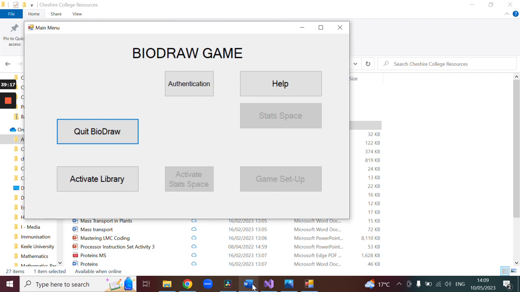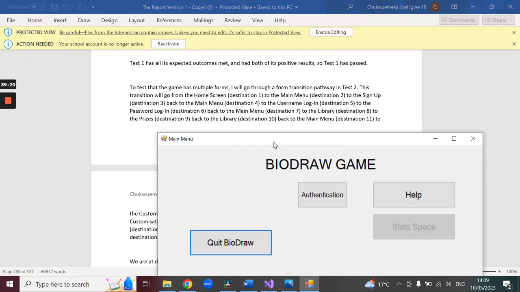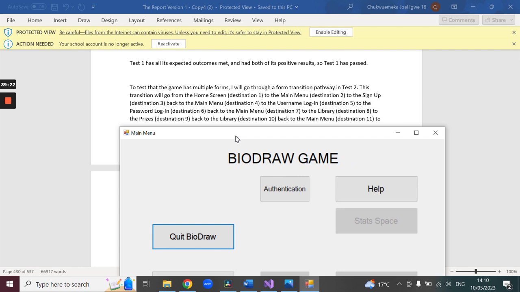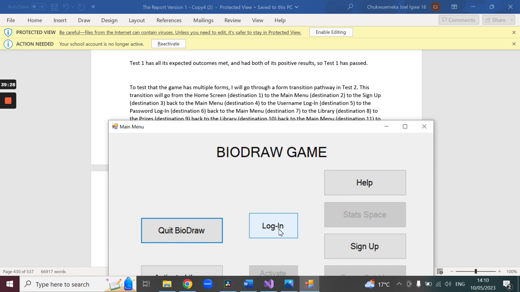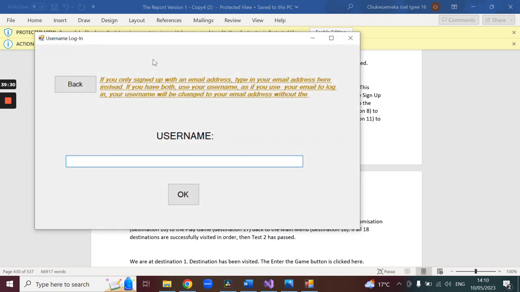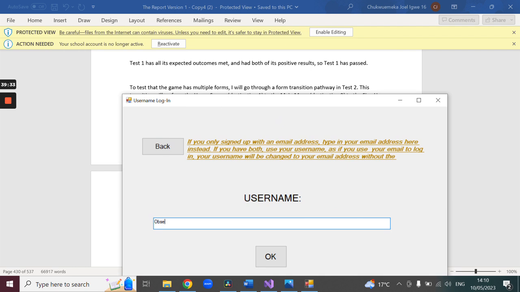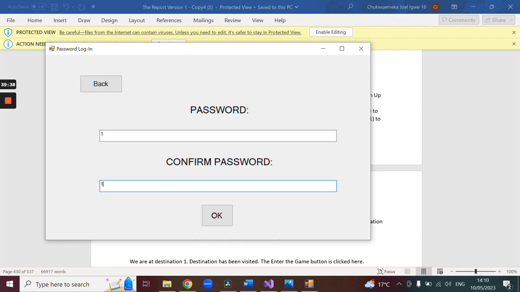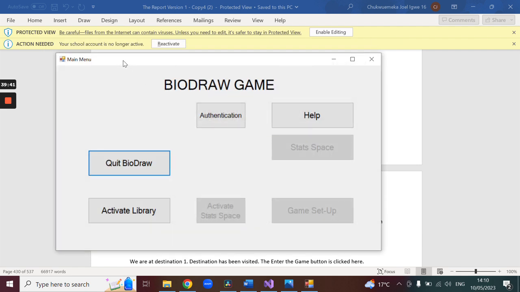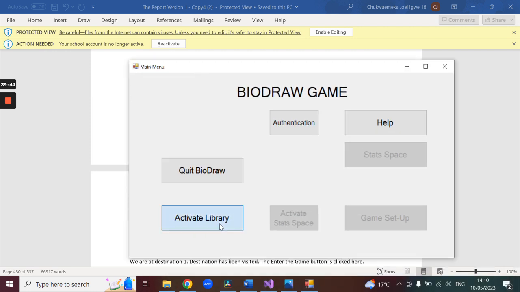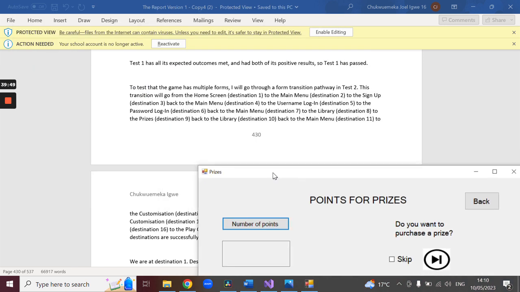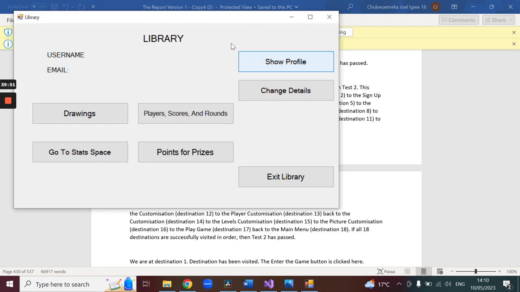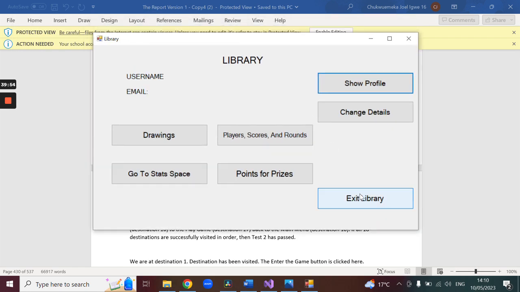It takes me back to the main menu. It takes me to the username login. It takes me to the password login. It takes me back to the main menu. It takes me to the library. It takes me to the prizes. It takes me back to the library and back to the main menu,